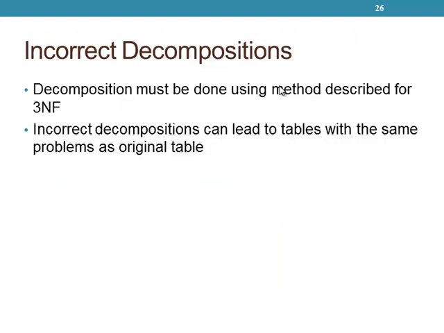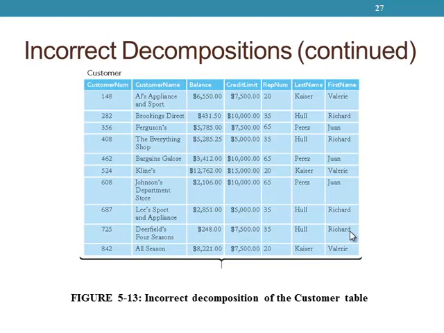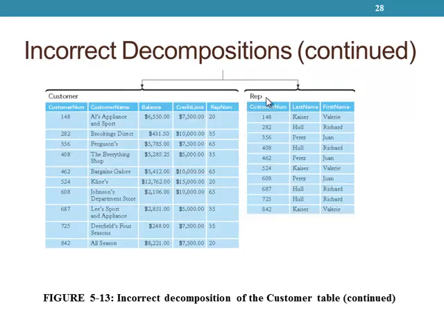Right, now let's look at what can go wrong when you're doing this. So you're decomposing your table the way we've described as your third normal form method. But sometimes you can do this incorrectly. Let's look at some of these mistakes that might happen. Alright, so here what you've tried to do is to take this same table. Now nothing's changed here, right? We've got our rep numbers and our last name and first name all in that table. What if you take it and split it up like this and divide it by customer num and put last name and first name? Well, that's not really the rep num. That's not indicating the rep number. So you don't want to do it that way.